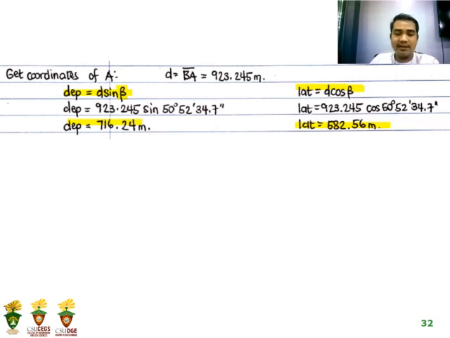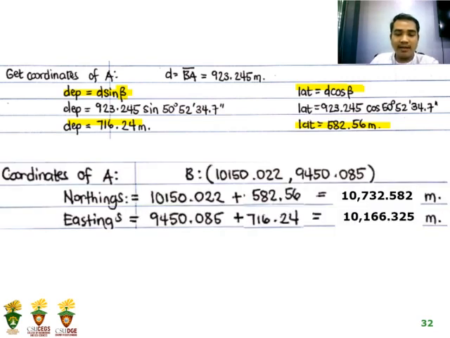So positive ito nang kinaa sa quadrant 1. So manang positive ang departure, positive ang latitude. Next is we need to determine the coordinates of A, from the given value of coordinates of B, which is 10,150.022 and 9,450.085. So to get the northings of station A, we need to add the northings of B, which